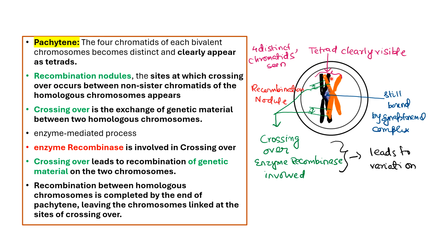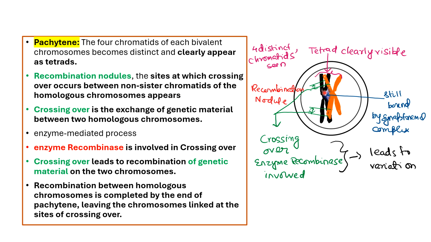The tetrads are clearly visible. That means the four chromatid arms, we can clearly see them, right? This pachytene stage is very important. In this stage, recombination nodules are formed, which are basically sites at which crossing over takes place between non-sister chromatids,